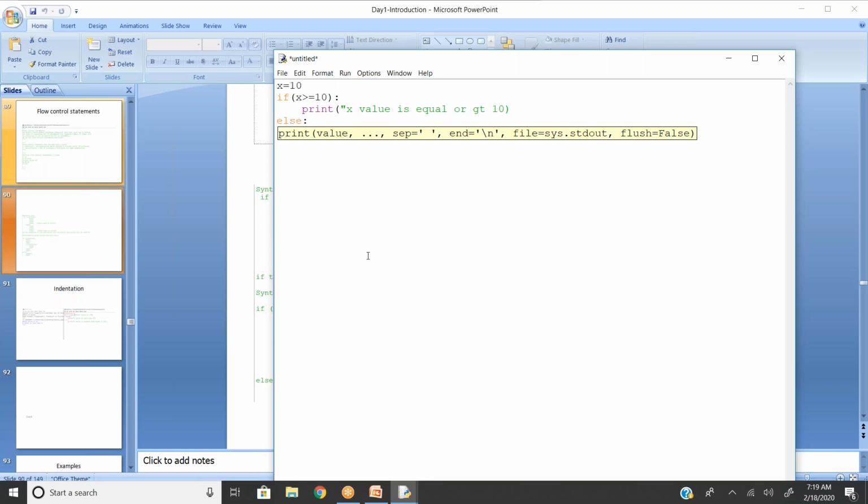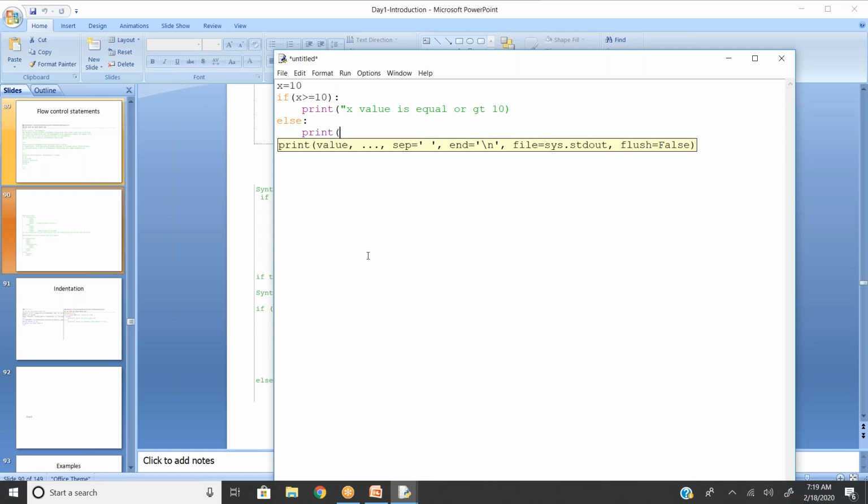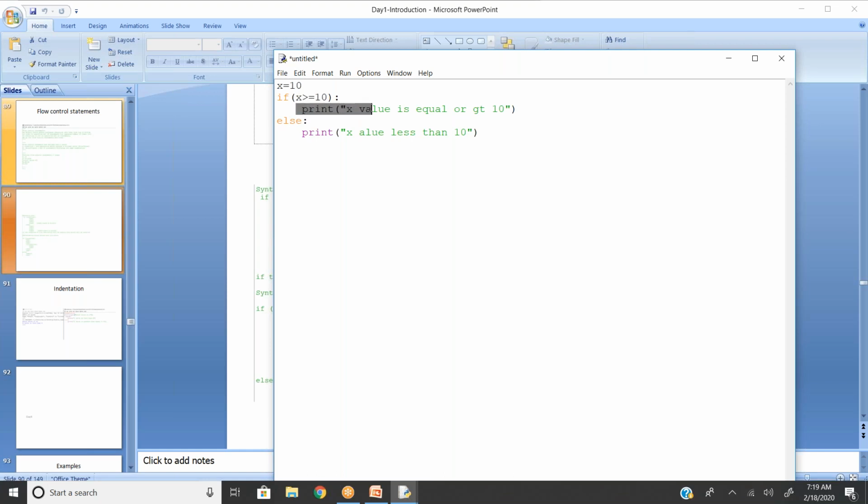Else print X value less than 10. If you observe here, if and else, I'm maintaining from the first line itself, but within the if condition, if the condition is satisfied, I want to perform some block, which is nothing but X is greater than or equal to 10.